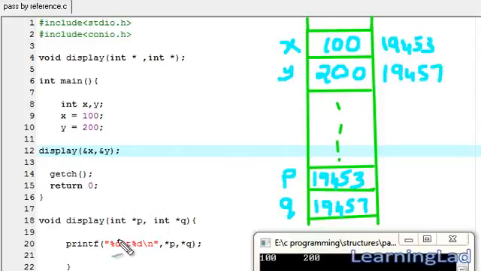So when we called this display function and passed the addresses of variables x and y, this p and q were containing the addresses of x and y. So p was containing 19453, that's the address of x, and q was containing the address of y, that was 19457. So when we printed that value using the printf function, star p was indicating the value stored at the location